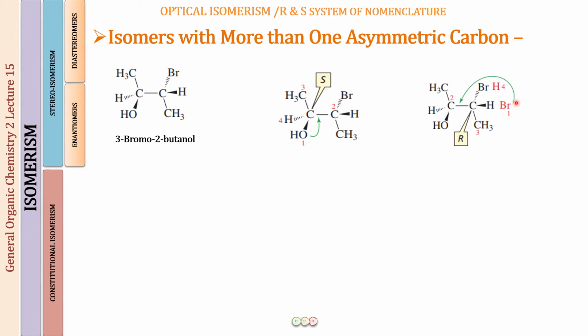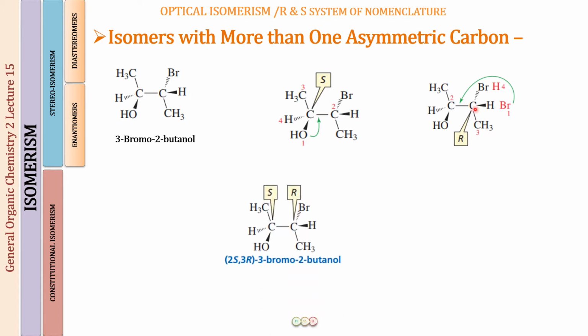So here when we are going to move from group number 1 to group number 2, this is in the anti-clockwise direction. But the configuration is going to be opposite to what you get over here because you have switched the groups. When you switch two groups, the configuration is going to be of the enantiomeric form. So if this is the S configuration after the switching of bromine and hydrogen, the original molecule, this one, this had the R configuration. Right? So now we know that chirality center C2, this has S configuration, and C3, this has the R configuration.